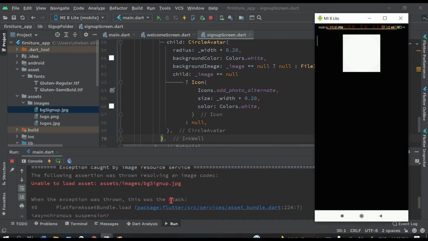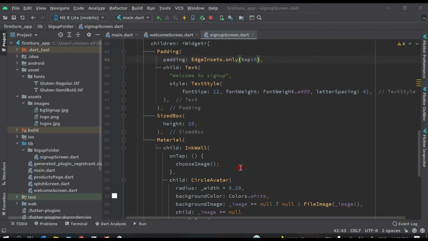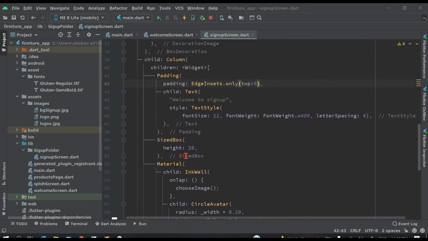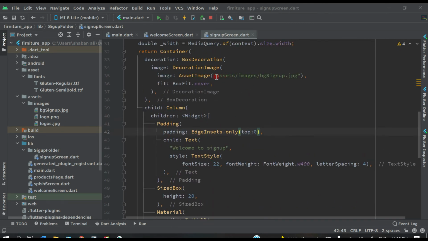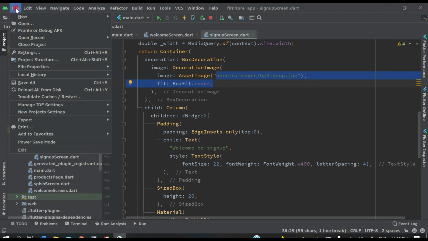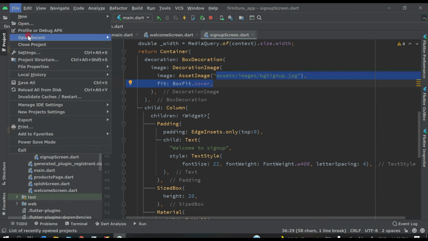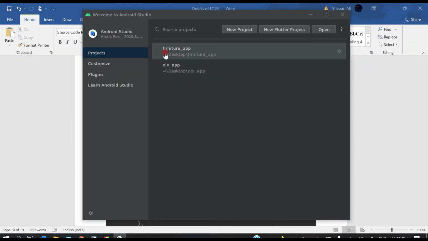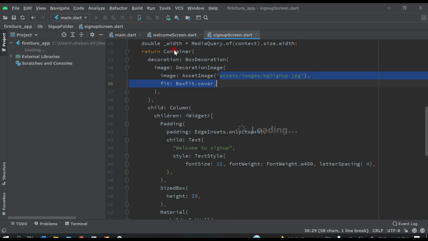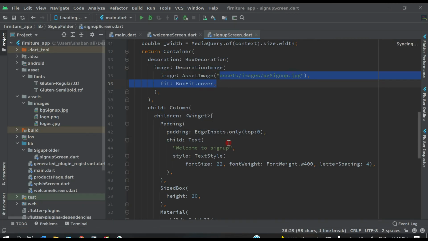And we have some issue here: unable to load asset image bg sign up.jpg. We have to check it. So guys, what we have to do, actually it's not accessing our asset image. For that, just go to File, Save All, and close your project, and then open it again, and it will save all the files.